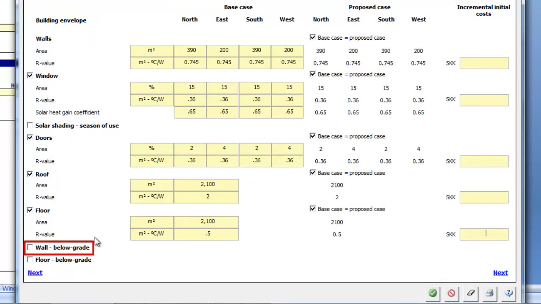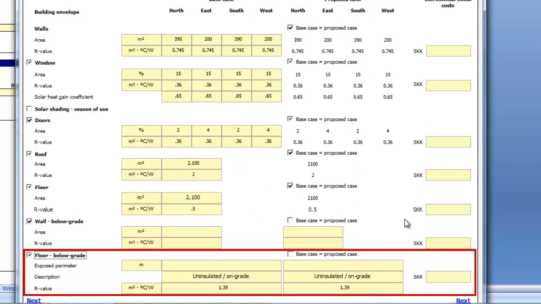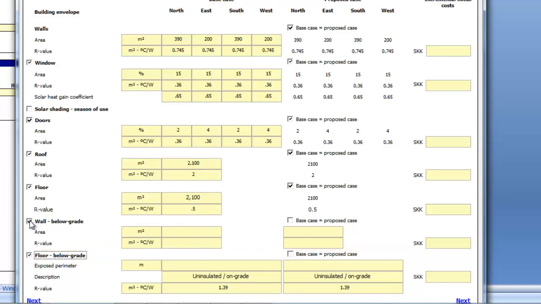The total area of all walls below grade can be entered in these cells here. Similar to the previous sections, the building envelope properties tool can be used to estimate the effective R value or U value of the wall or floor below grade. The walls below grade refers to the total area of all walls below grade, and the floor below grade refers to the foundation slab located under the ground. However, as this study does not include wall or floor below grade data,